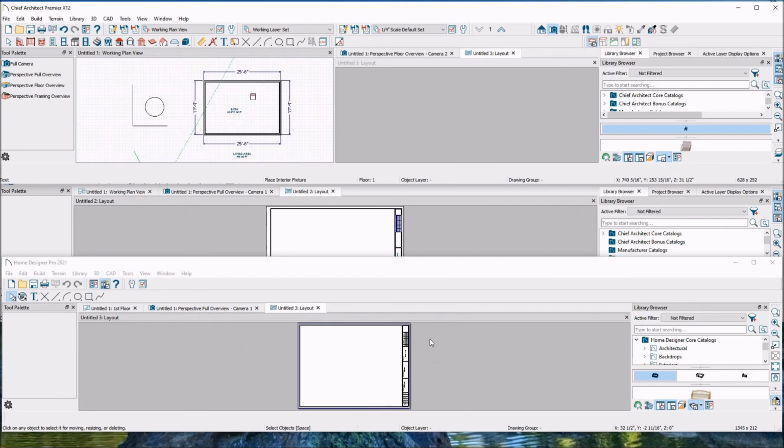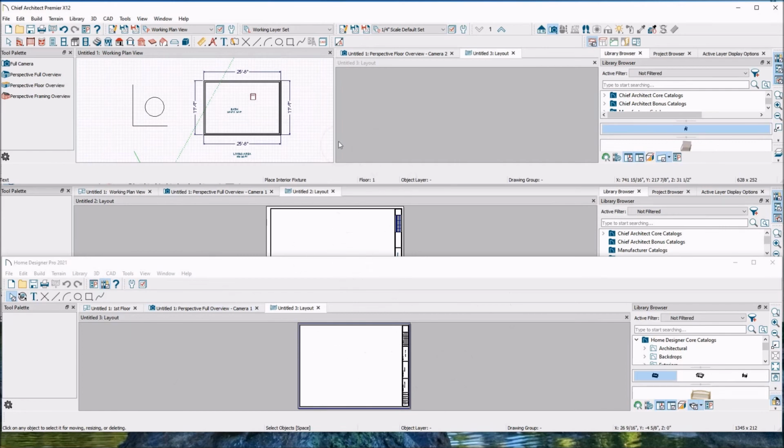If you are needing to do multiple page documents, if you're doing a lot of projects at once, this is going to cut into your profitability in a big way. So it's just something I really want to stress to you to think about if you want to go with Home Designer Pro, because this is a huge difference. This is probably one of the biggest differences, really, that there's not a whole lot of workaround for time saving. The next